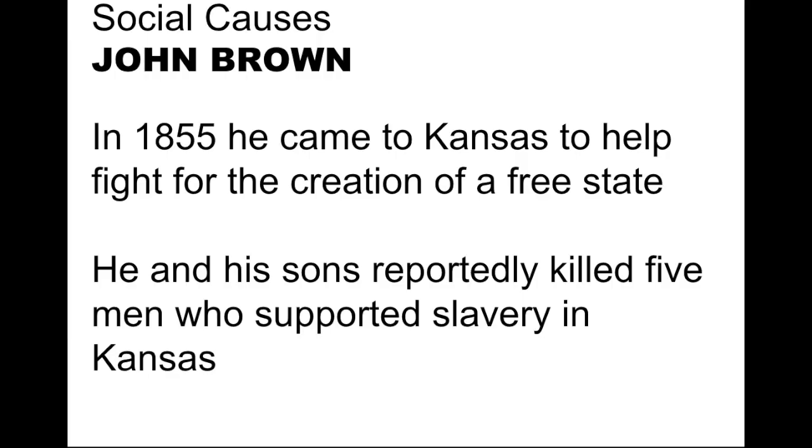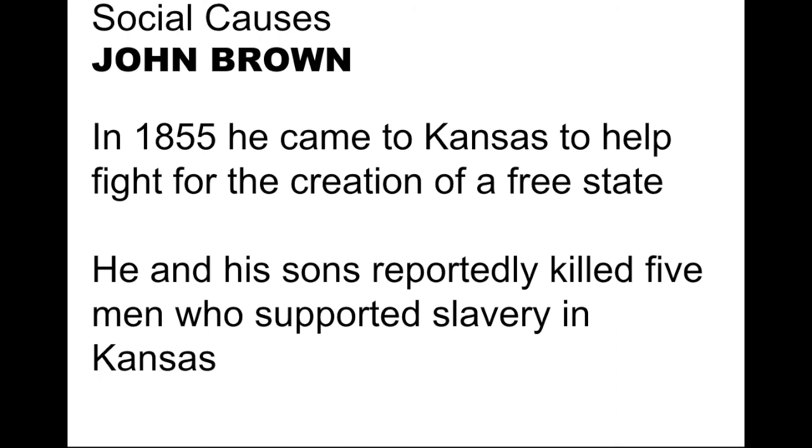So John Brown was originally from the East Coast, and then in 1855 he moved to Kansas to try and help sway the vote that we talked about in our notes before break, about how Kansas was going to get to vote if they wanted to be a free state or a slave state. So he's one of the abolitionists that picks up his life, moves his family halfway across the continent, goes to Kansas, and there are several events that happen around 1855 where he and his sons reportedly at one point go and find several men,